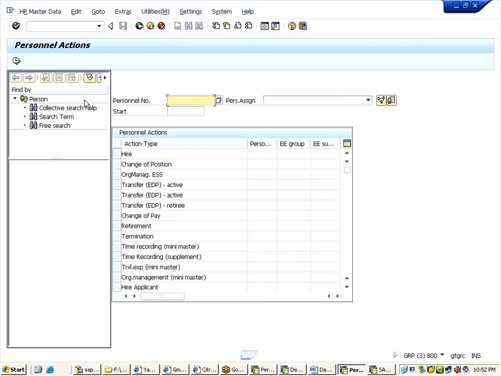And while transfer and promotion, must be in a position to copy the data.